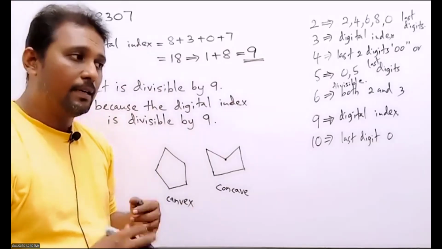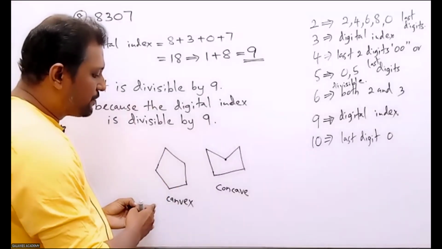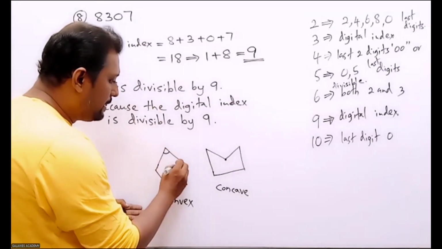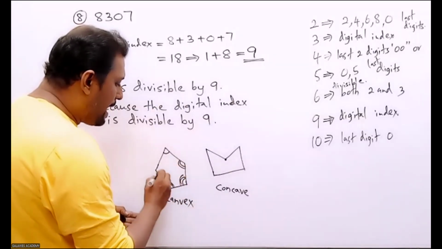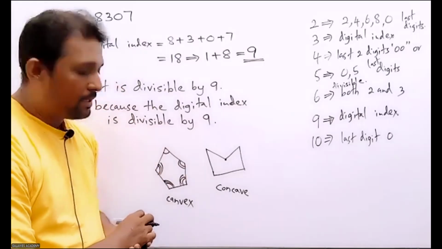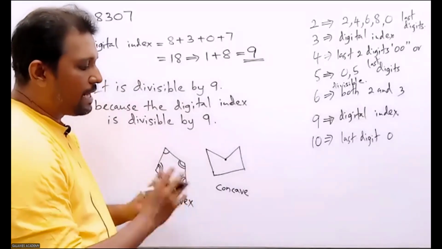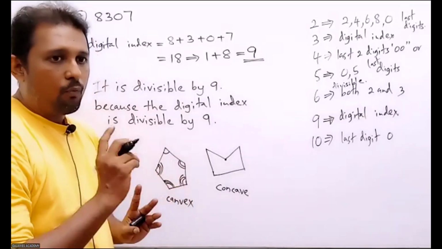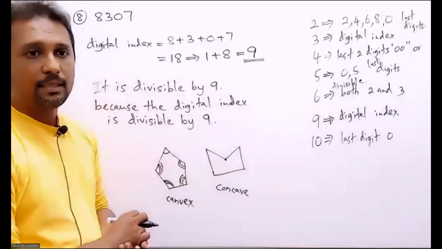Okay. Then another method you can use, you check the interior angles of the polygon. These are the interior angles. These angles are not reflex angles. Right. But if the polygon is a concave polygon, you can see at least one reflex angle inside the